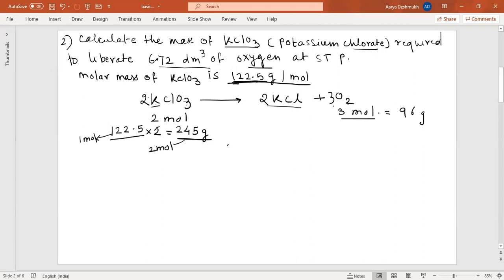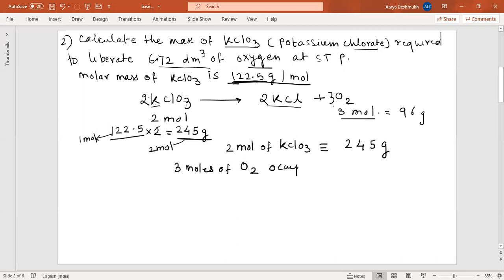Now these 2 moles of KClO3 are equivalent to 245 grams, and 3 moles of oxygen